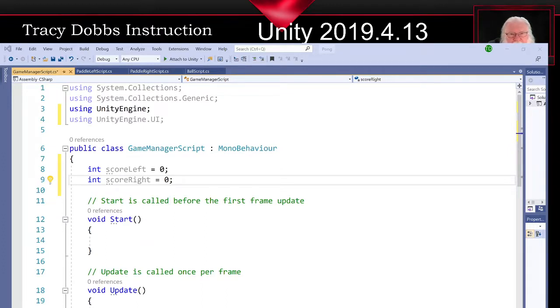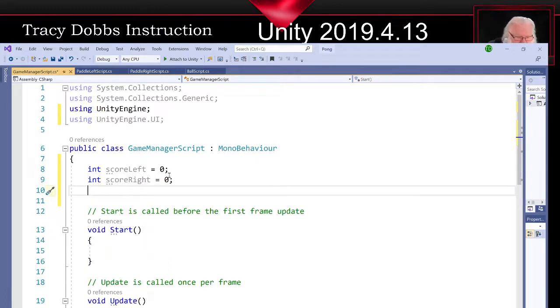Okay, so to do that, right underneath here, I'm going to do this one public on purpose. I'll show you what it does in a minute. I'm going to call this a GameObject. So this is to be able to hold the address of a game object, and I'm going to call it with the lowercase s, scoreLeftText,